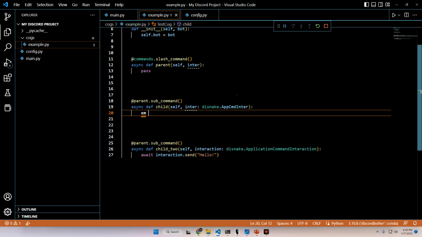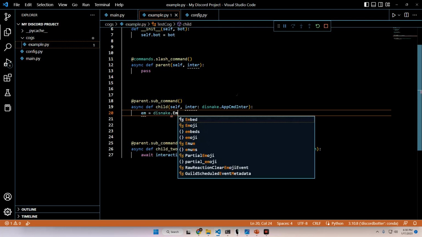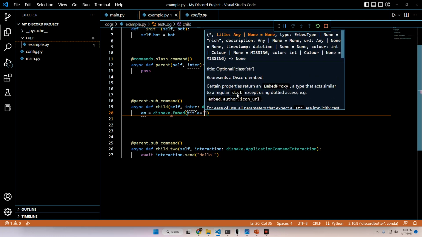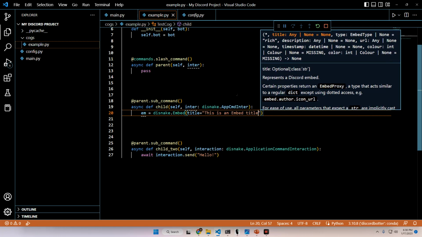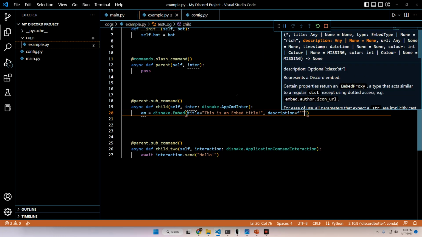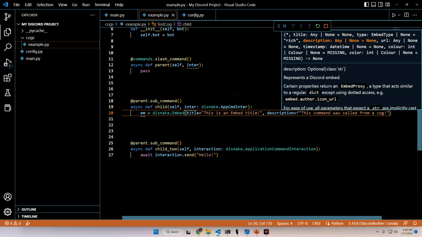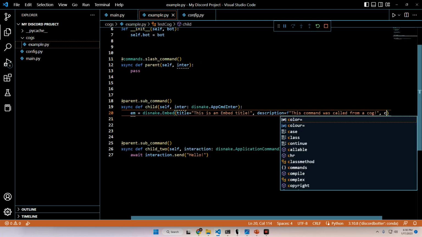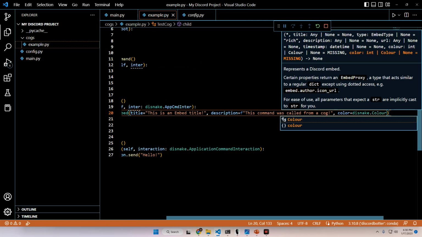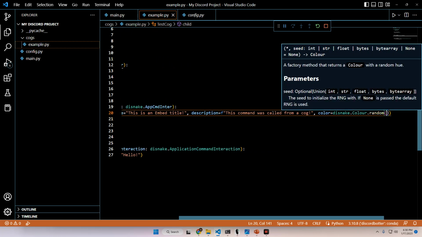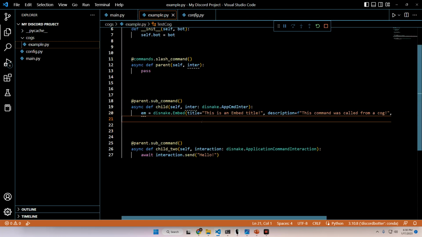It's em equals disSnake.embed, title equals "This is an embed title". Then description: "This command was called from a cog." And then as our color, I'm going to put in disSnake.color with a capital C, COLOUR.random, just so we get a random color every time we call it. And then just simply put await